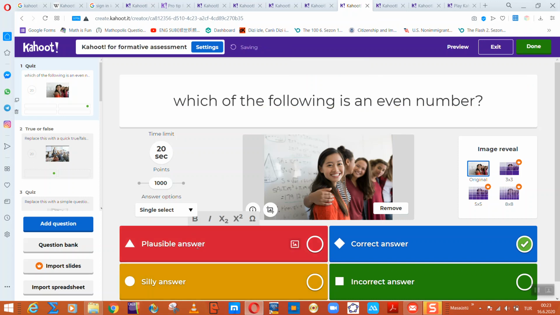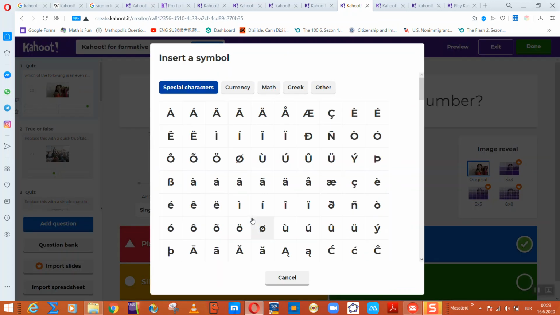And then you can type your question, and here as you see you can write